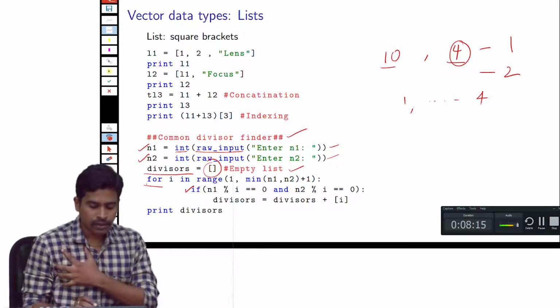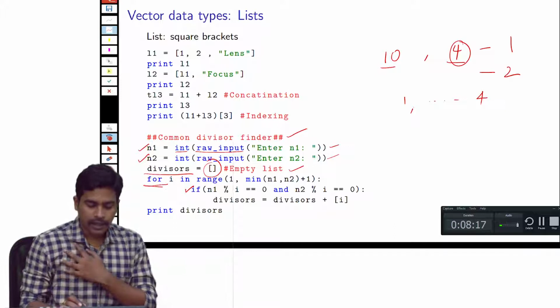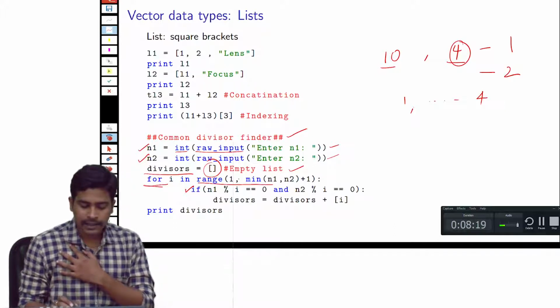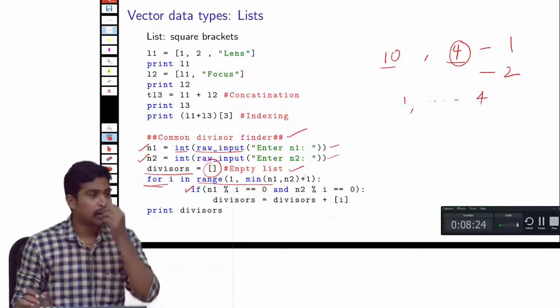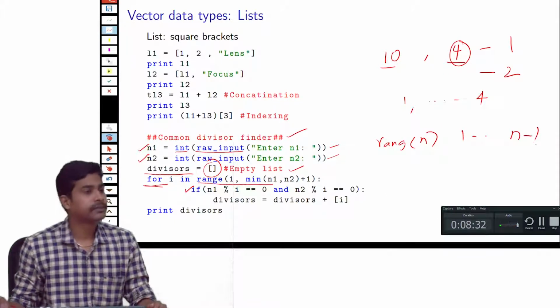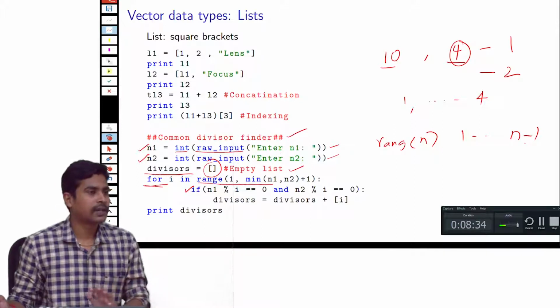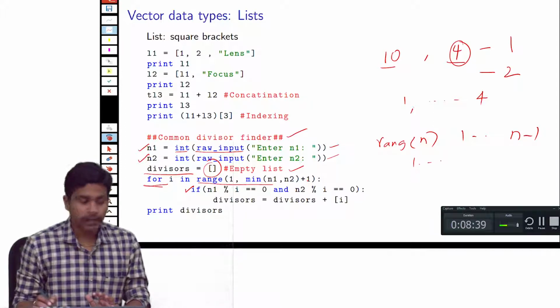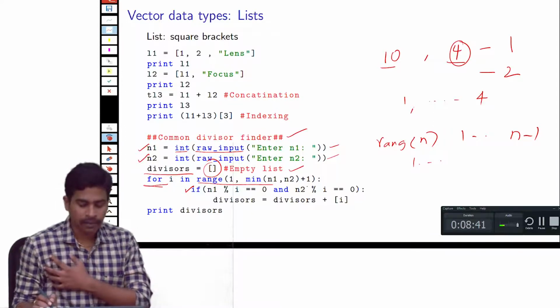Again, I have started a for loop, and the range of numbers I am taking here is 1 to the minimum of these two numbers plus 1, because if you remember from the last lecture, the range command will only give the values from 1 to n minus 1. In order to compensate for it, so that we get values from 1 to n, we add 1 to the smallest number.